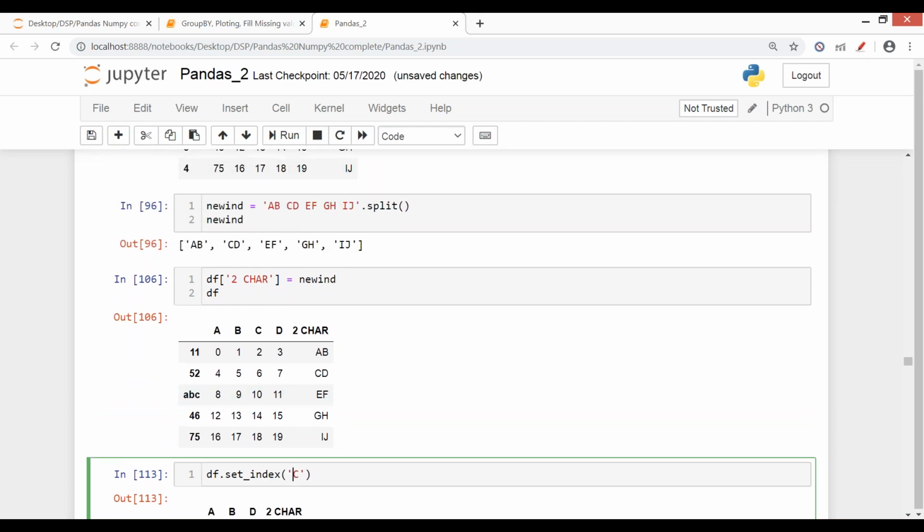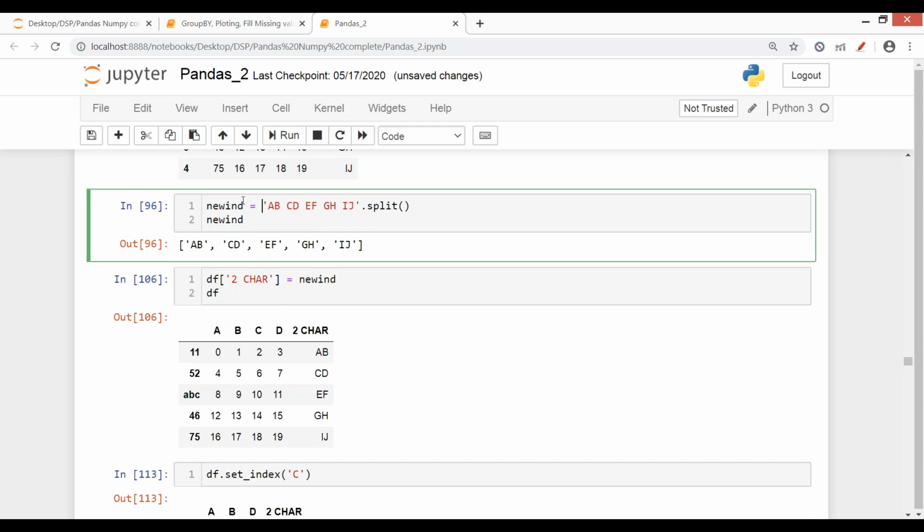In this I just created this data. Either I would have used a function here, or I would have created a list of these values separated by a comma, this way. But what did I do? I've defined these values all together in the form of a string separated by a space.